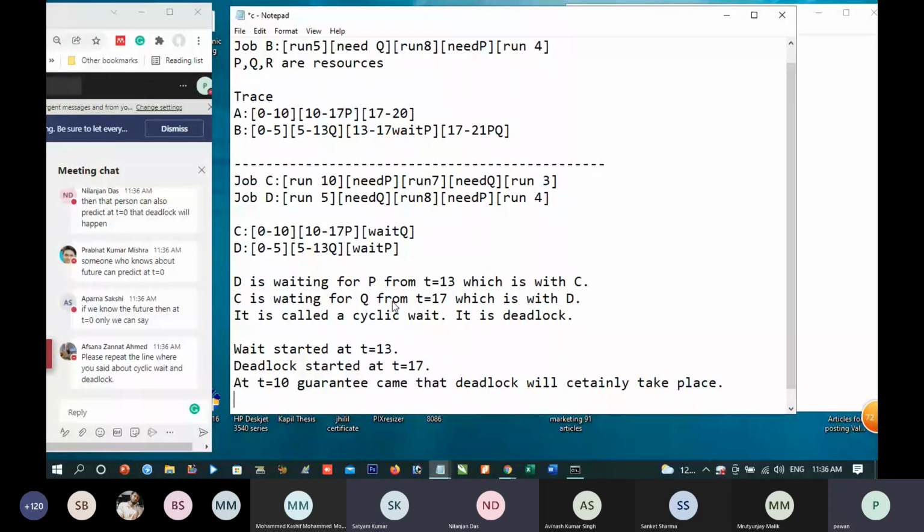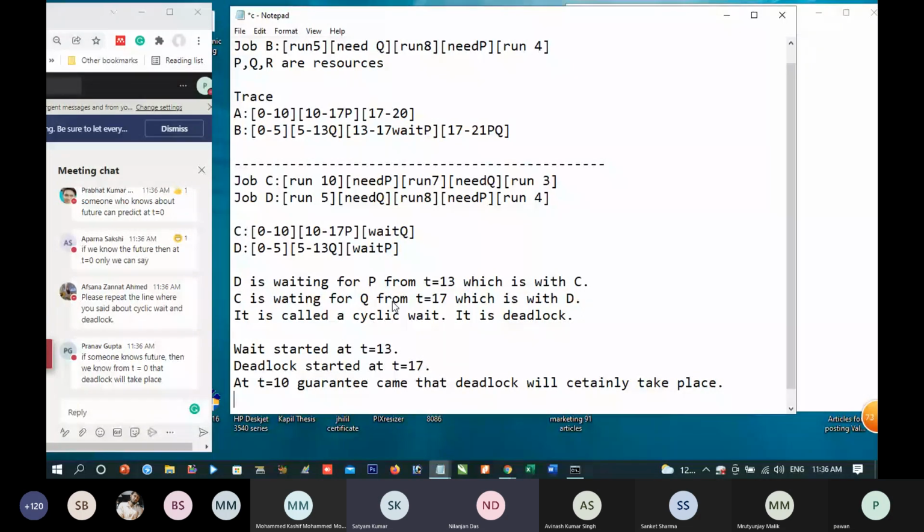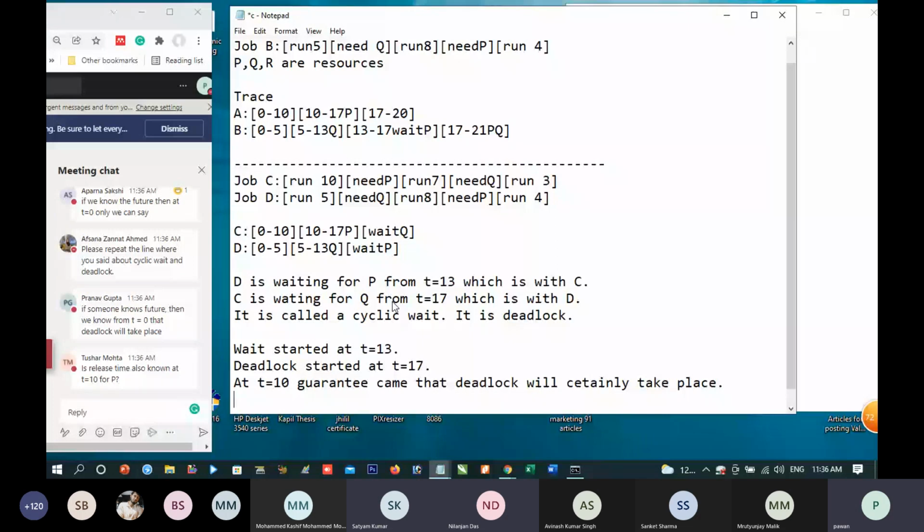No, Nilanjan, wrong. No, Prabhat, wrong. No. Using Banker's algorithm. So you mean to say that at t equal to 0 itself, we should not start